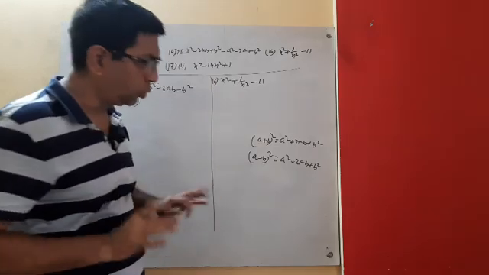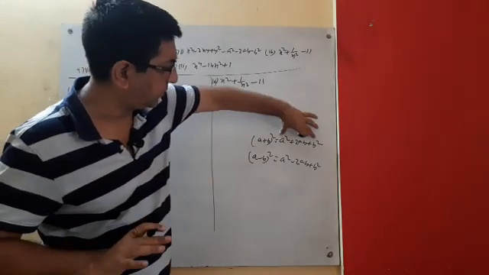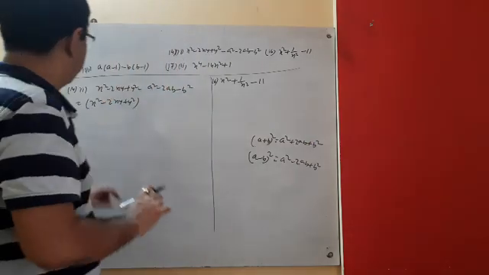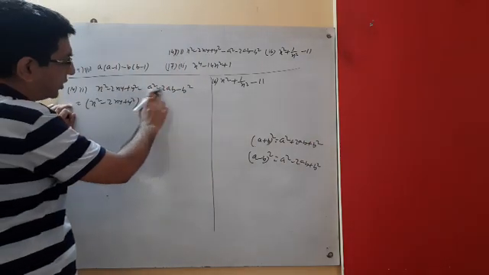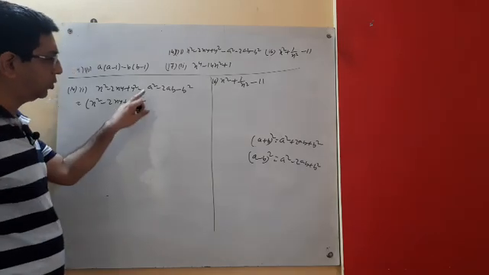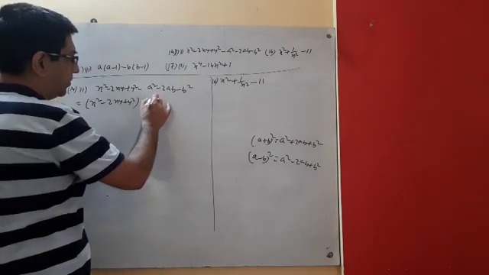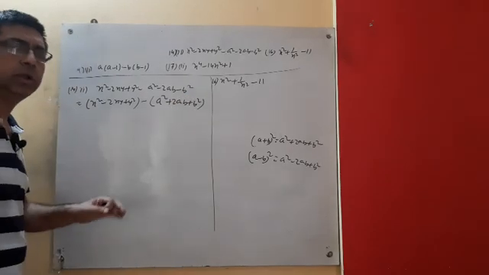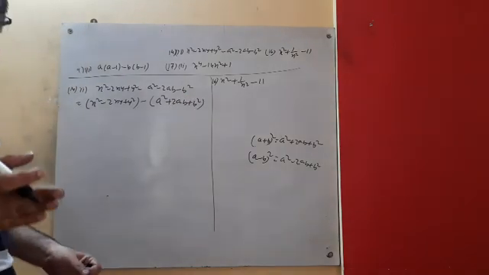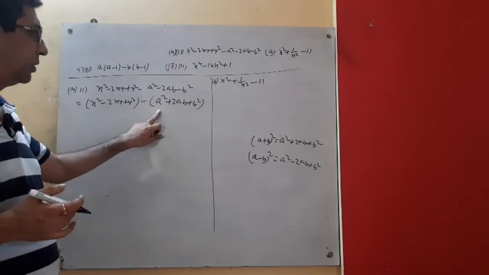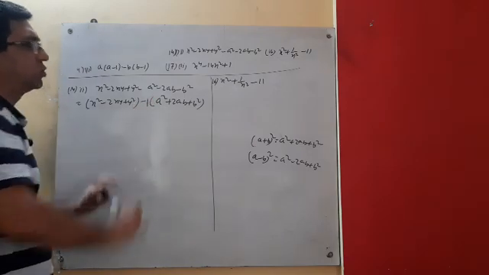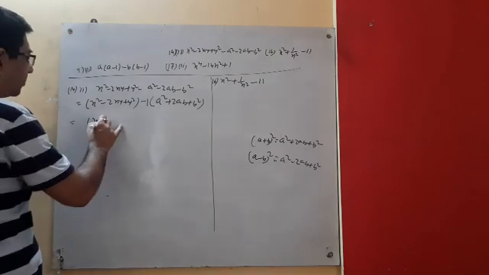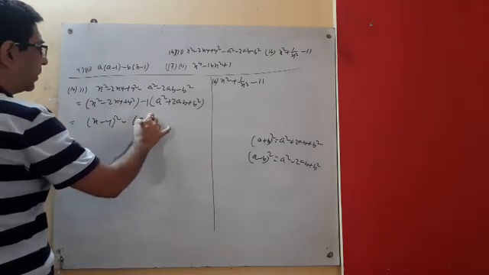Look, in both the squares, which one is common? This part and this part, that is, before the square there is always positive, right? Here also positive, but here before the square there is a minus sign, so we take common minus. Look, minus a square minus b square. Take common minus, what we are getting, a square plus 2ab plus b square, because whenever we are taking minus 1 common, we are getting this. So this is x minus y whole square, this is a plus b whole square.